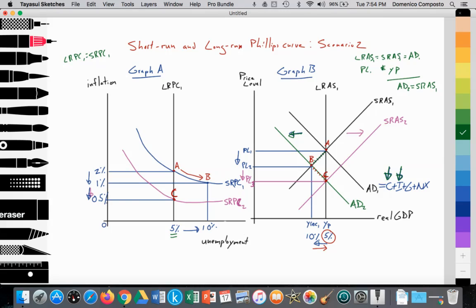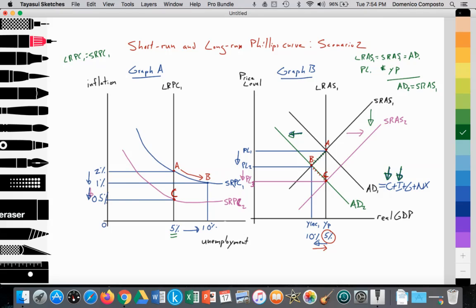As a result of the economy operating in recession and households having unemployed resources, households in their desperation are willing to work for less. So we will assume that wages begin to fall. And since wages or labor is a cost to firms in terms of their production, if wages fall, then their short-run aggregate supply curve starts to shift out as resources become cheaper for firms to employ,